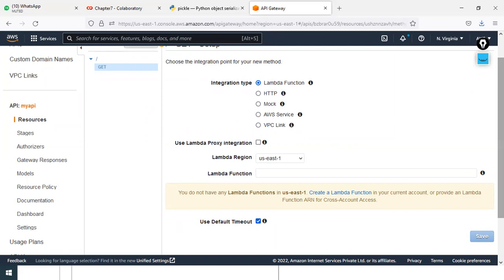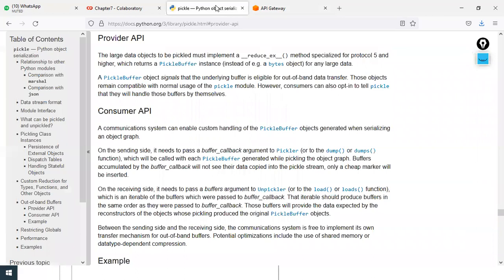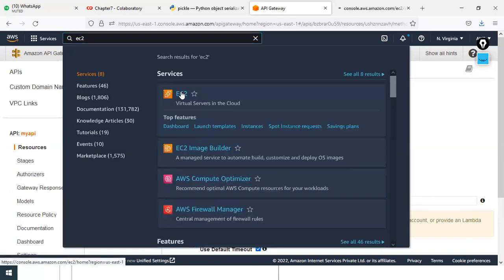I hope you know API, right? So you can see everything is related. Whatever we are discussing here and whatever I'm telling you right now, it is the same thing. Whenever you say that you want to create one virtual server in the cloud, when you run that function which you created in Lambda, it will call the API. When it calls the API, it will create one virtual server for you in the cloud. Got it?